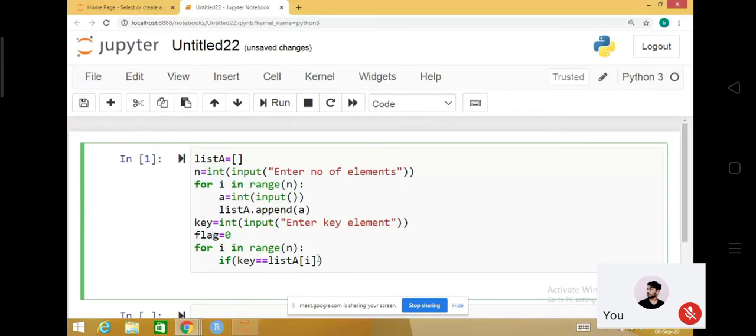The find function is exclusive for directories only, no? See, I just ask you not to use find. The reason is that when you are doing the search, if I ask you to implement the linear search, then you should implement it. If you use the inbuilt function, then there is no meaning of doing that.